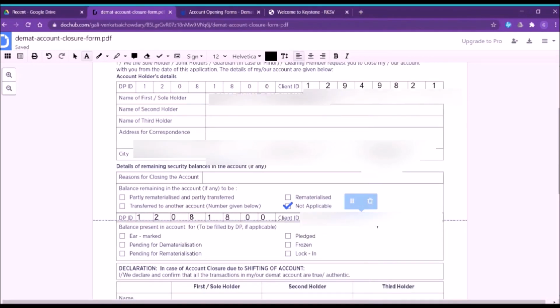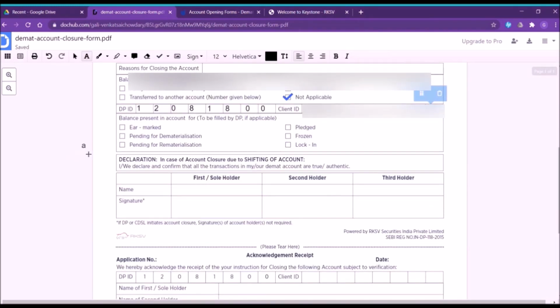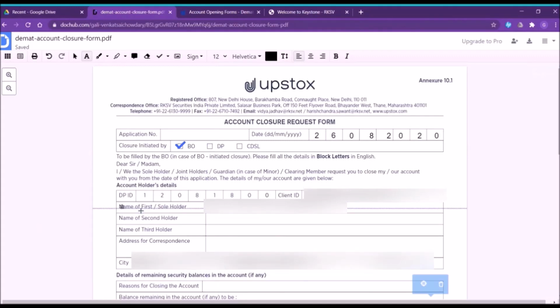After filling that, you can see here DP account, DP if applicable. It will be mentioned by DP persons, not by you. So just leave it.